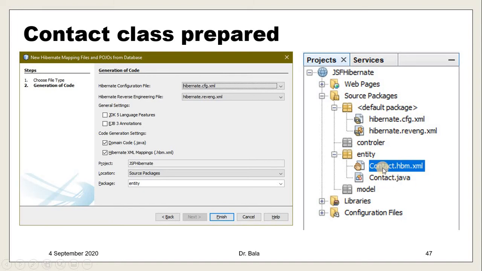This was prepared automatically. So far we prepared everything automatically: hibernate.cfg.xml and hibernate.reveng.xml. These two were already prepared. Now we are in the entity package.